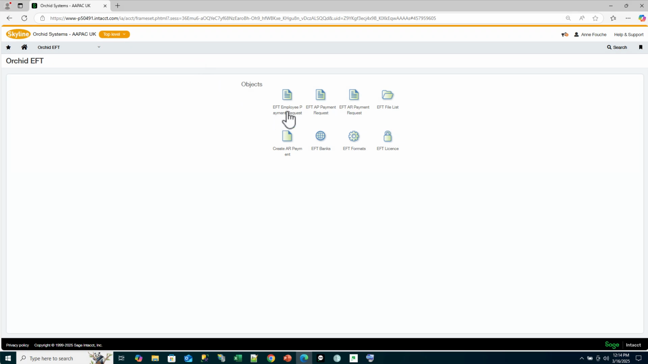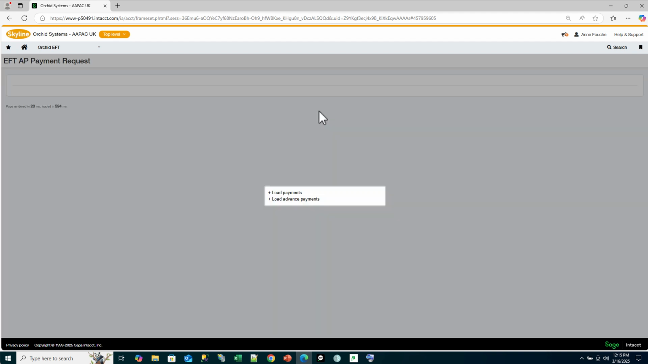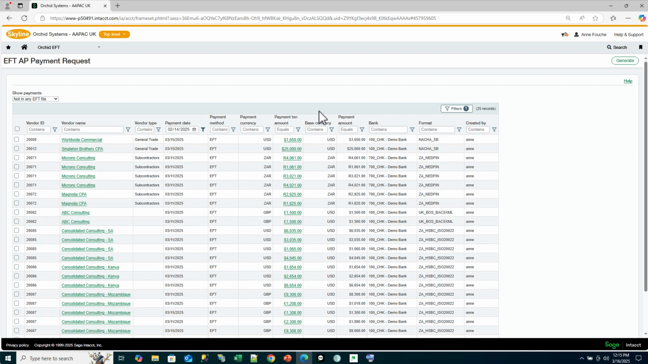The new features in filtering in the Orchid EFT screens applies to all the screens with a filtered list: the EFT employee payment requests, AP payment requests, AR payment requests, the EFT file list, create AR payments, EFT banks, and EFT formats. Looking at EFT AP payment requests as an example,